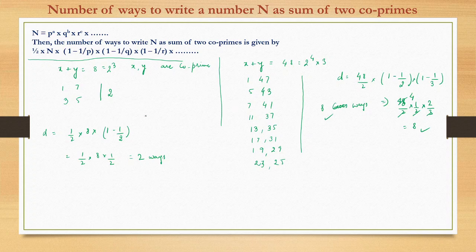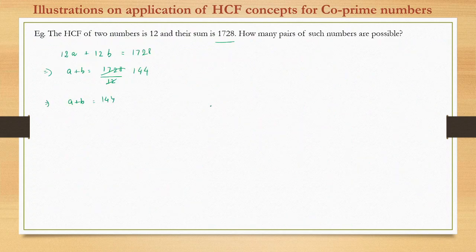So manually we could have done it, but here since the number is very big, we use the formula. So this was the manual way of doing this, but now we do not use the manual way. We use the formula. So the formula D is nothing but half into n into the number of ways. So that is 1 minus 1 upon 1 by 2 into 1 upon 1 minus 1 upon the other prime factor, which is 3. So this is half into n.